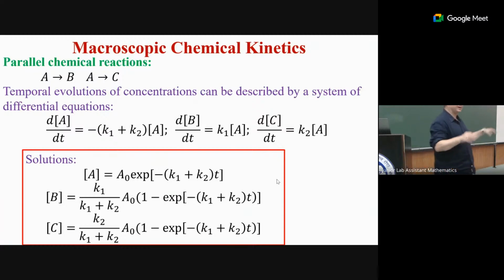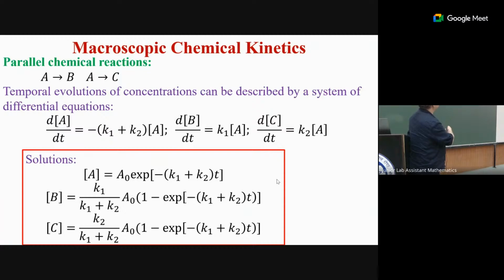Anyway, let's go to a little bit more complicated story. Here, I'm playing Lego, you understand, right? I start to build up from a few things, so that eventually, when people do real experiments, they will collect the data and use this Lego. So let's have a more complicated reaction: A goes to B or A goes to C. This is known as a parallel chemical reaction. Again, you can do the same analysis. You can write the equation. This is rate K1, this is rate K2.